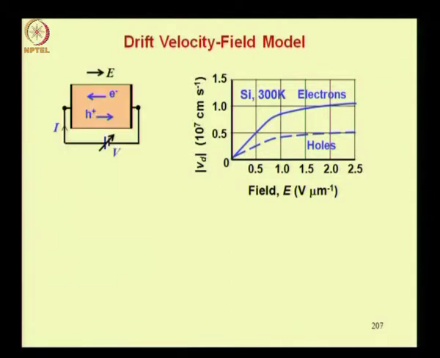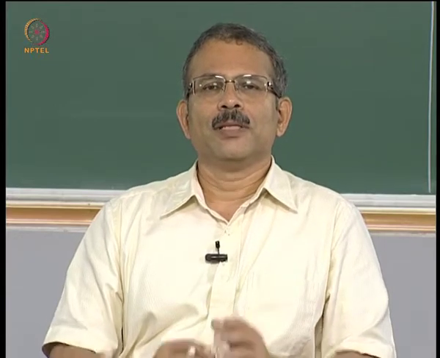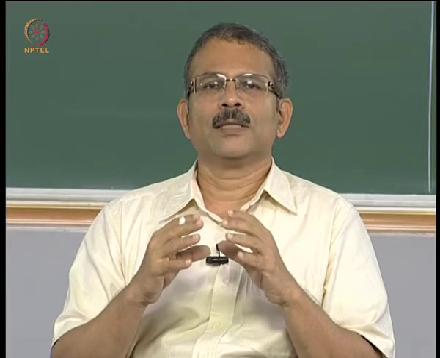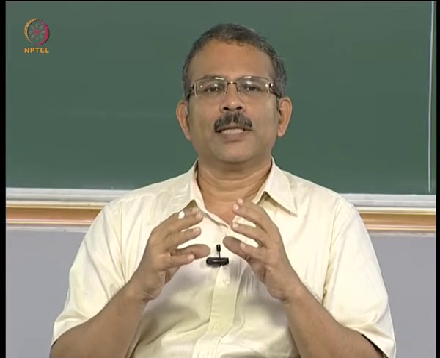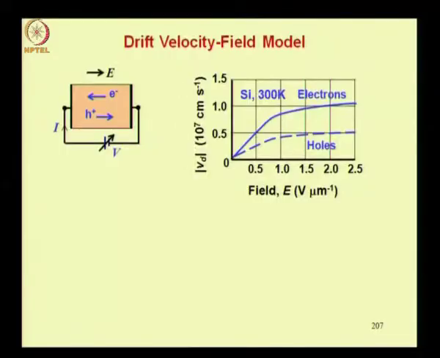As we have remarked, whenever we want to develop a model for any characteristics, we must also have a diagram of the biasing arrangement of the device in mind, which tells us what is the device geometry and what is the applied signal. So this is the situation that is depicted here. So you have a uniform semiconductor, a voltage is applied, DC voltage is applied and there is a current, and this DC voltage is very slowly varied.